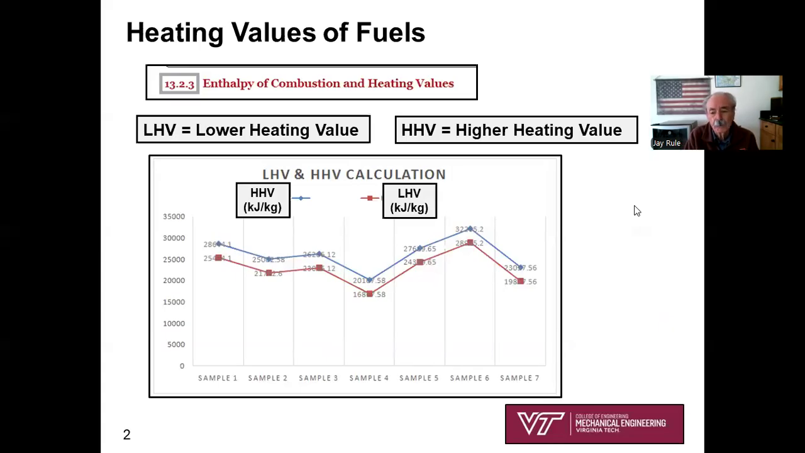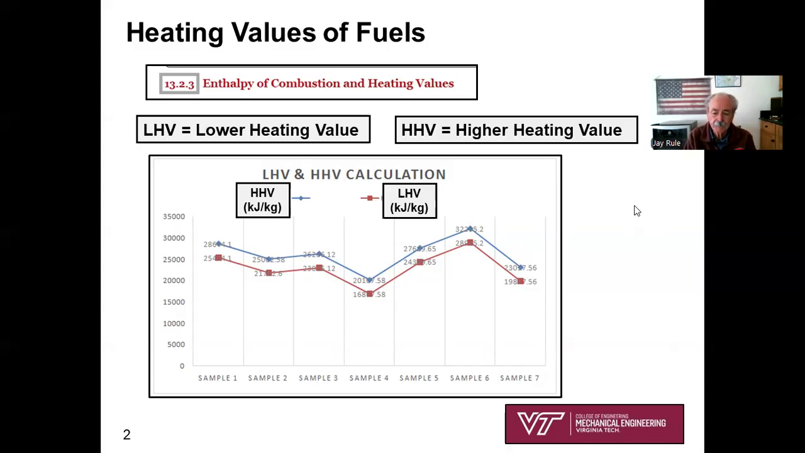So this has to do with your Chapter 13, Section 2.3, enthalpy of combustion and heating values. And in that section, as you browse it, you will see two terms. One is LHV and one is HHV, lower heating value and higher heating value. And I found this little image I clipped out of the internet of images, and after doing a little studying on it and adding a couple of labels myself, you can see, imagine that someone has provided a test company,